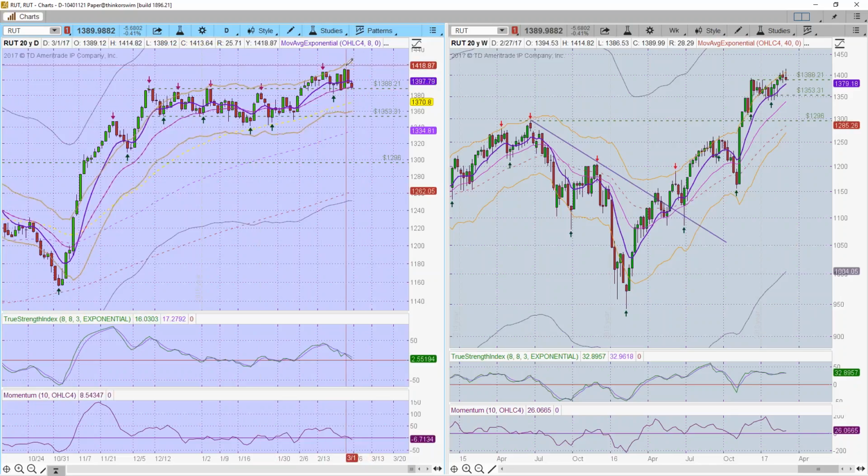One, it pushed up and made a new high, but that didn't last very long. It dropped back below that yesterday and now is back testing the previous breakout level at the 1388 level. And we got a close below the 8 yesterday. Now we're retesting at 20. We got a close below the 20, and if it closes below the 1388 level, then we're looking at probably a pullback into the 1380 or all the way back to the 50-day moving average.